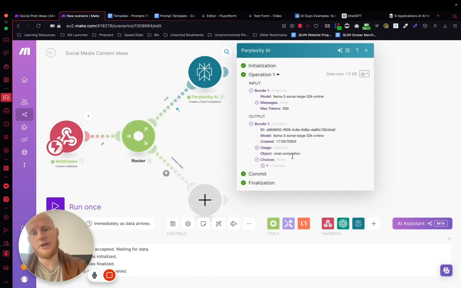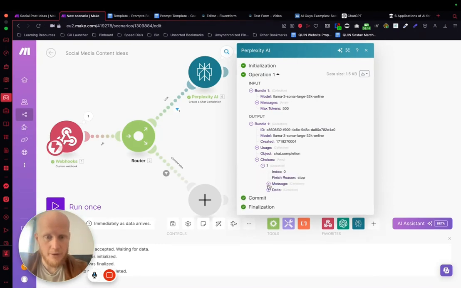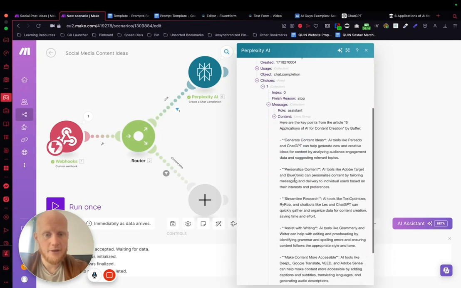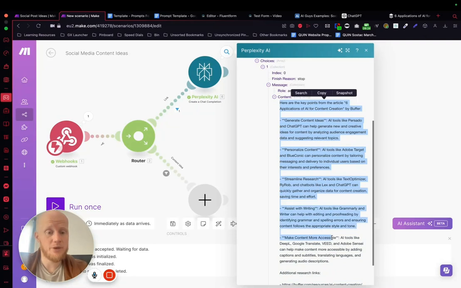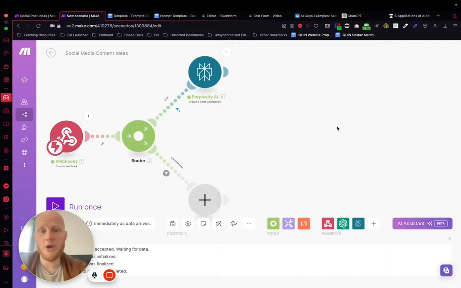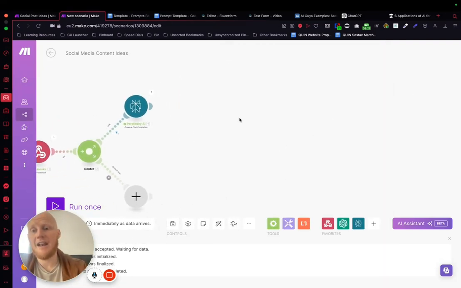Let's just make sure that it's not a terrible response. Right, message, content. Here are the key points from the article. Great, right? Additional research links, right? So if there were any other links, it would pop them in there. So these are the key points. Great. So now we've got key points from the article, and essentially that allows us to go through to the